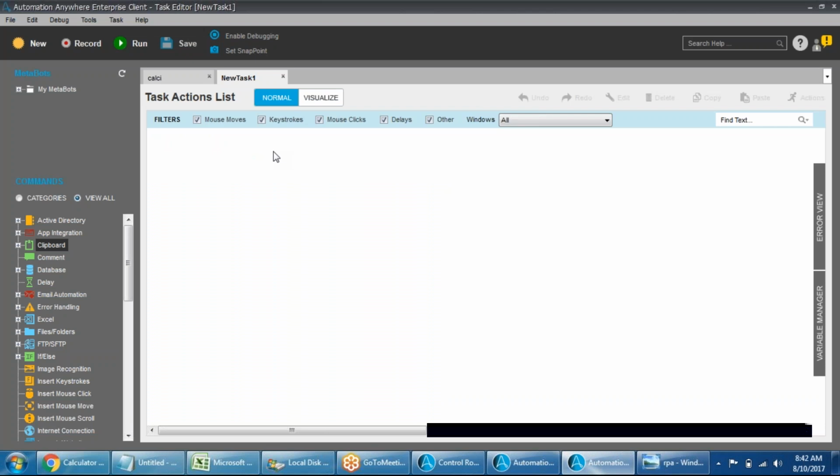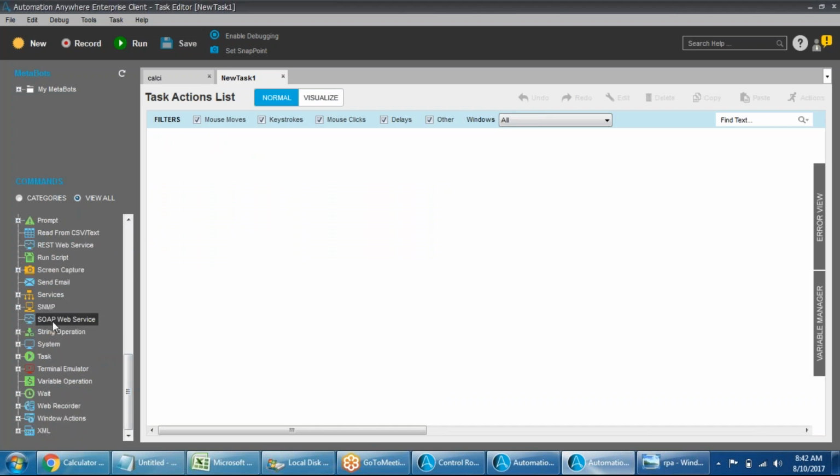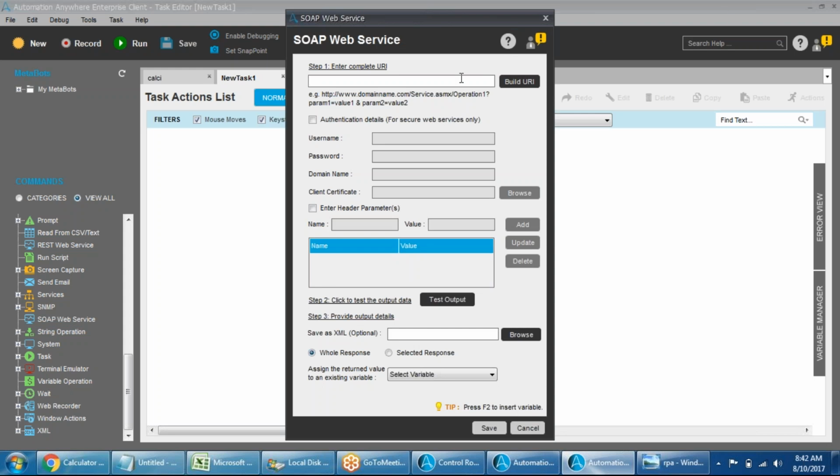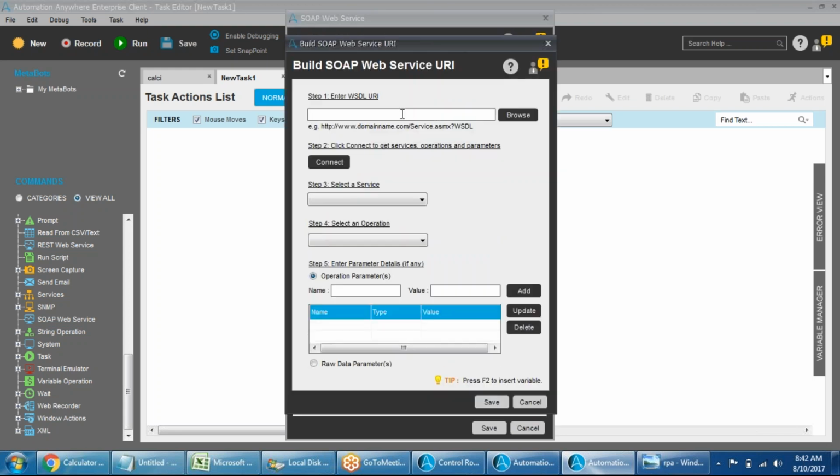I just create a new task, and in the commands you can go to SOAP web service. Okay, and you can actually build the URI, or you can ask Automation Anywhere to do it for you. Just click on this and you say WSDL, and once you say connect, Automation Anywhere is automatically connecting to those services and populating the service name,